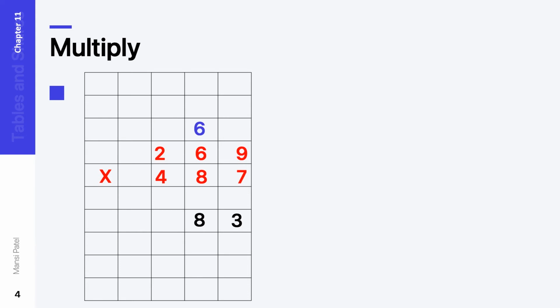42 plus 6, 48. 8 we have to write down here and 4 in the carry. Then after 7 2s are 14. 14 plus 4, that is the 18. Now we are going to start the multiplied by 8. 8 in the place of tens. That's why we have to put first 0 and then after we are going to start the multiplication.